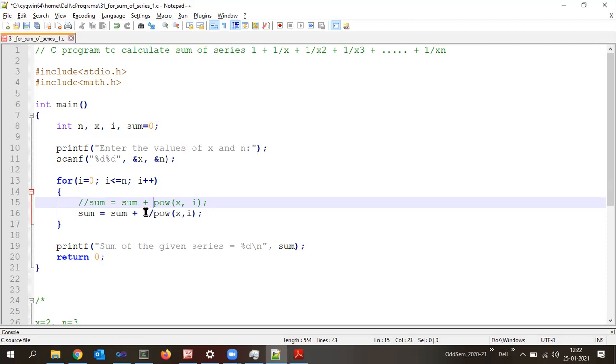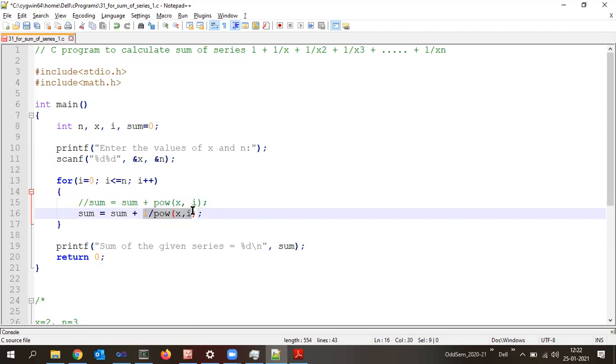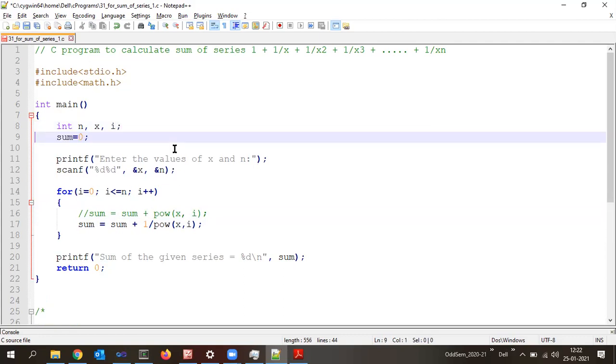But since we're trying to perform a division operation, and definitely there will be floating point numbers, fractional numbers will be there. But what is the data type of the sum here? Integer. So should we take it as integer or should we change it? We should change it to float. So it should be a float sum. That's it, or any other changes we should do here?